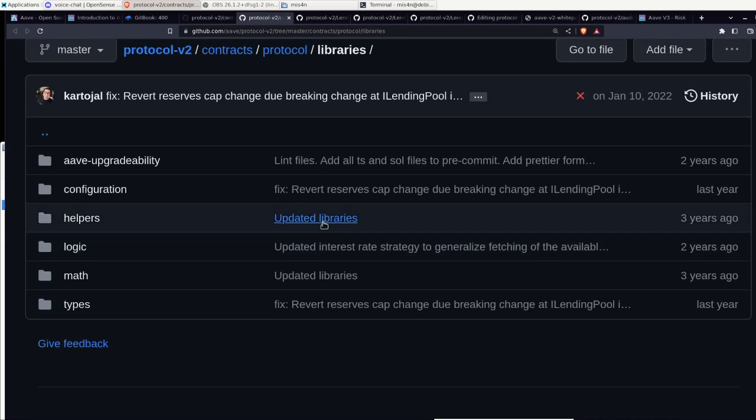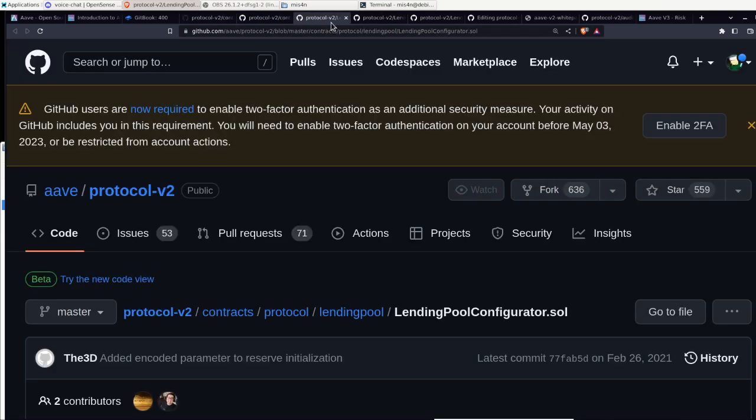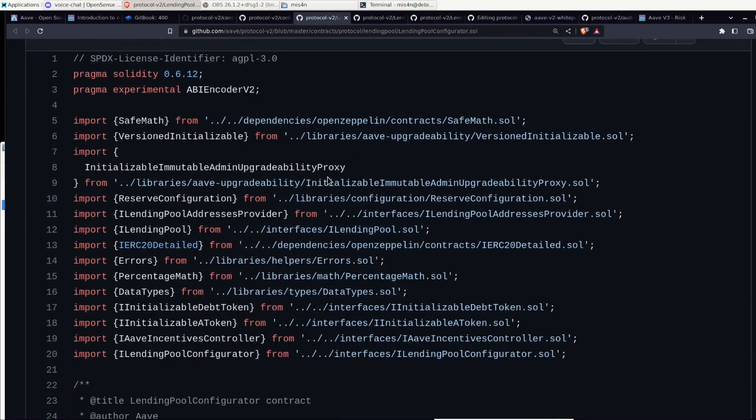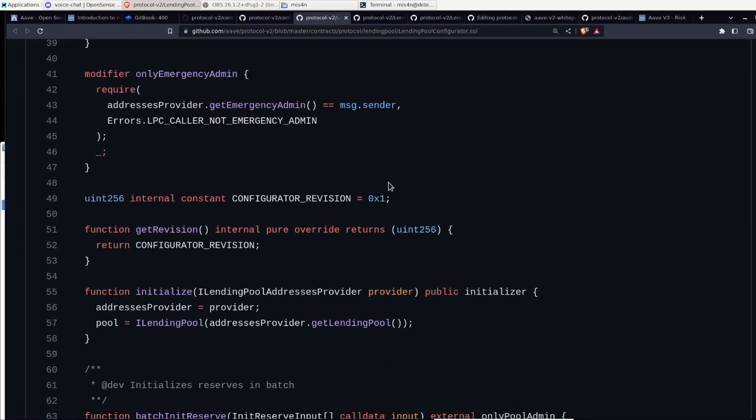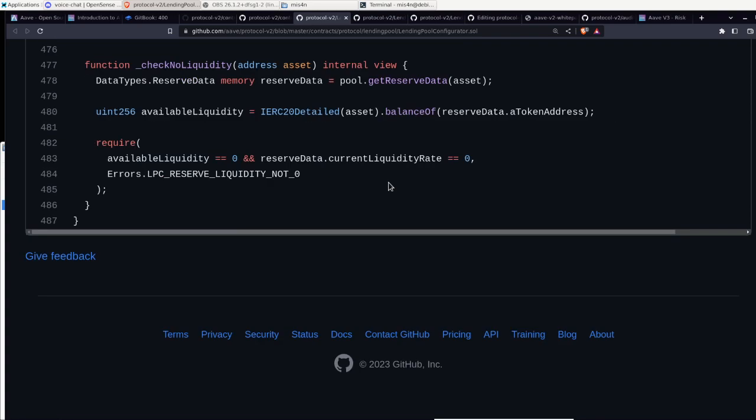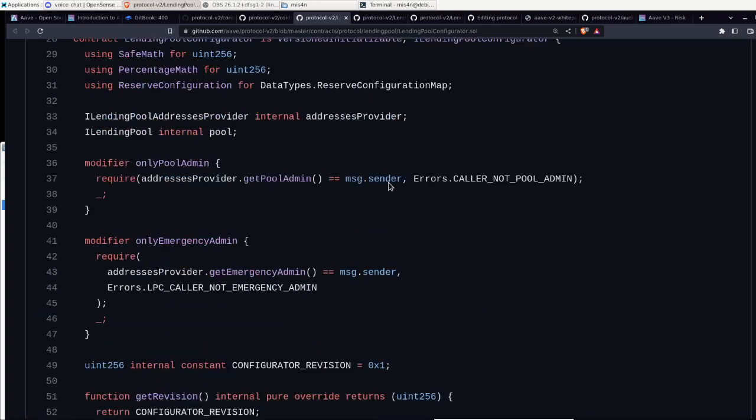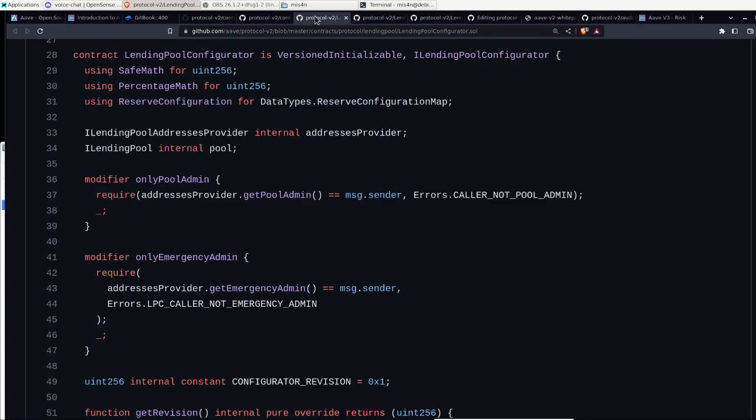Let's take a look at these libraries, and I want to see the lending pool configurator. How many lines of code? 400 lines of code. Let's take a look at these.